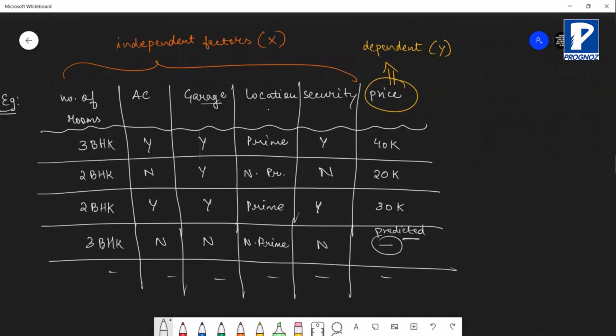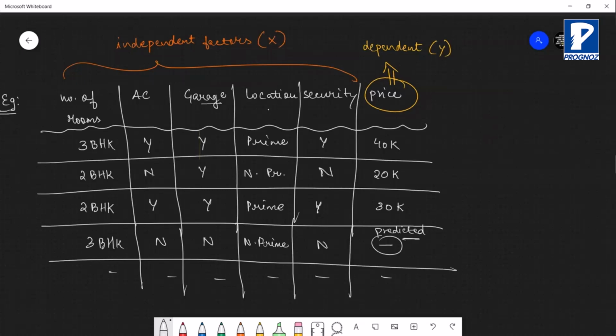Where will the change come? In the price. If you change the number of rooms from 3 to 2, you will see a certain decline in the price of the house. Similarly, if you are not providing AC facility to a house, the price you get, and if you are giving AC facility, the price will be different in both cases. These components are not interrelated. If you change the number of rooms, it makes no difference to AC. If you change the availability of AC, it makes no difference to garage or rooms. So they are independent of each other, or their interdependency is very low.